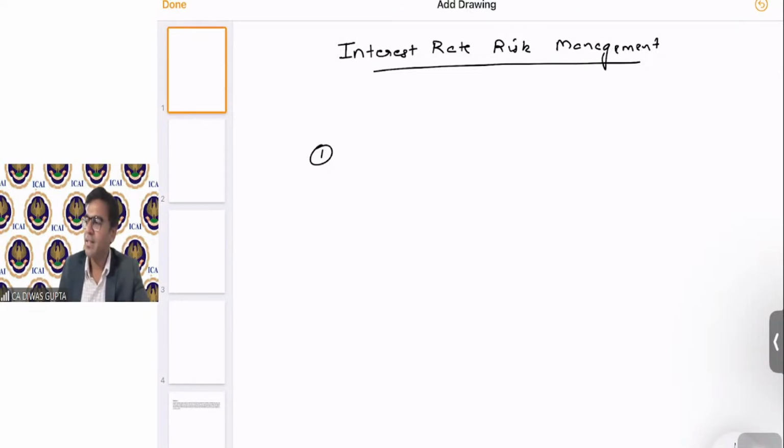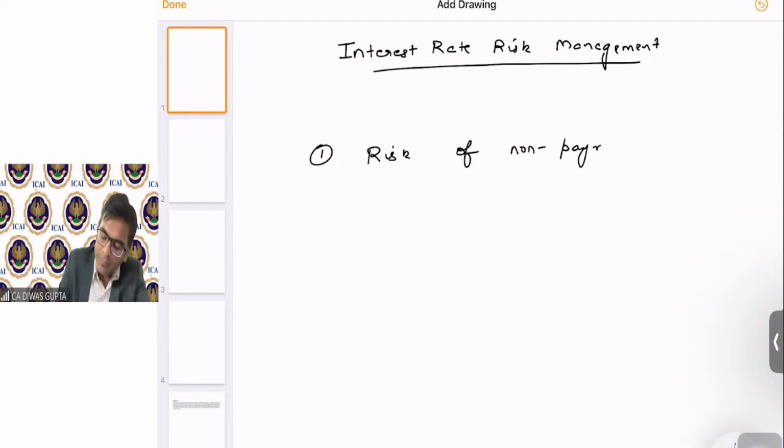So there are broadly two reasons, students, why an interest is paid. I think this we have discussed earlier in our previous sessions. One is there is a risk of non-payment, correct? If there is a risk of non-payment, then the person who has lent the money will expect some return on account of taking that risk. Now, this non-payment is of what? It can be for the principal or it can be for the interest as well.